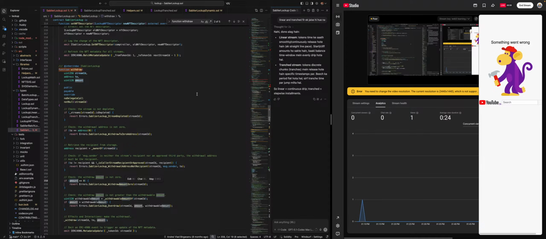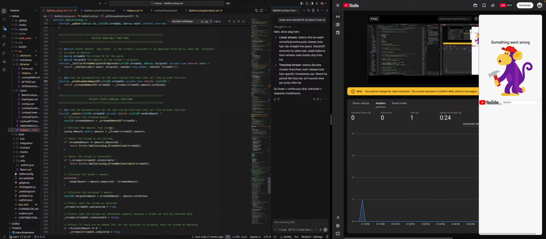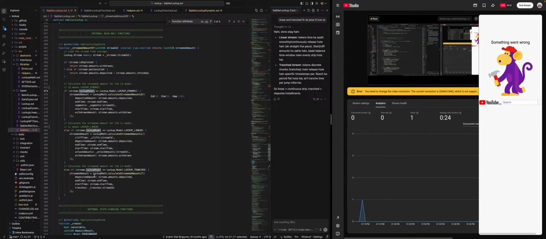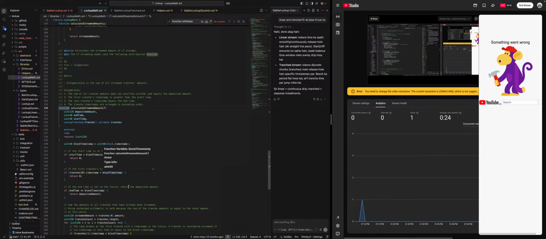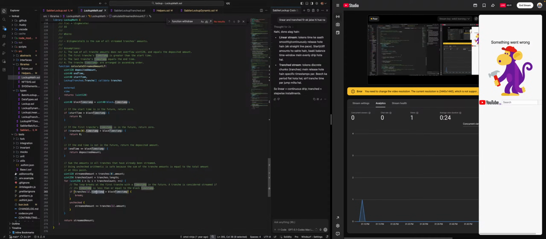Check. Okay, we need to also check the type, right? Stream ID, the type will be saved under the streams. So we are doing some nitty-gritty checks. Amount is stream ID, and then we are looking into the model, and then we are calling this function. If not, then